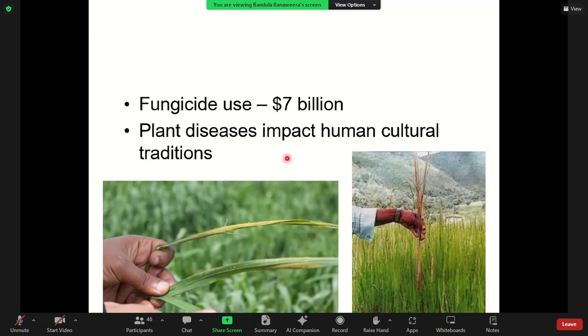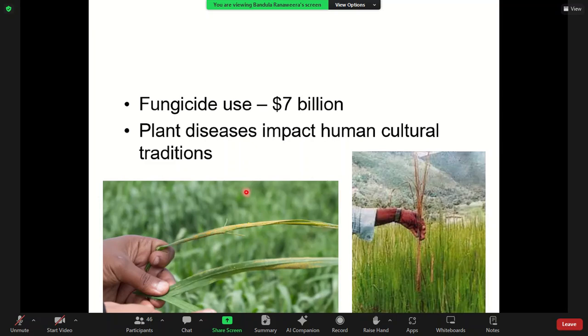In addition to that, we know that there are many cultural rituals carried out with the new harvest. In the New Year period, during the harvest, there are traditions carried out. So because of the loss of yield, those festivals, yield festivals,